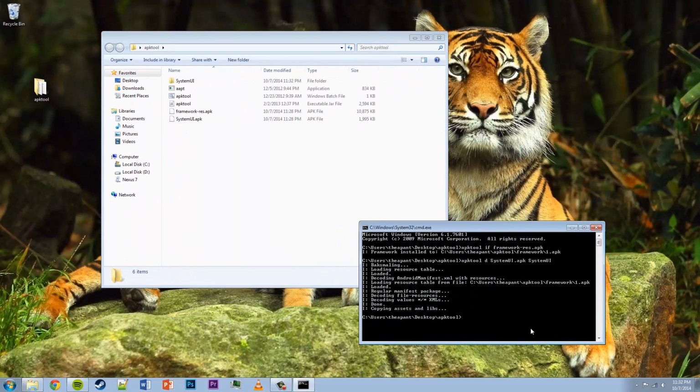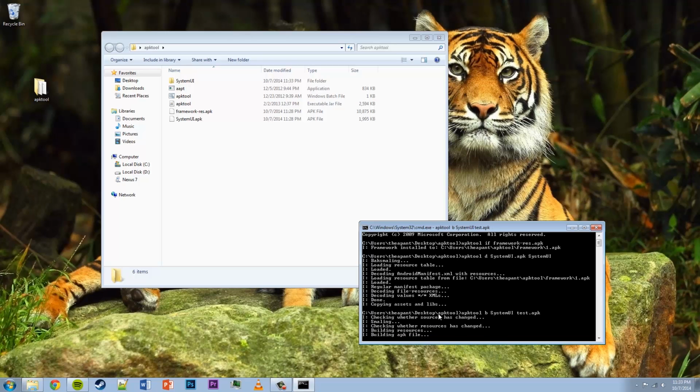Now, finally, if you want to recompile all those files that you just changed, you can do apktool build b systemui, and then we're going to send it to test.apk. As you can see, now it's building all the resources, and in a few seconds we should have a